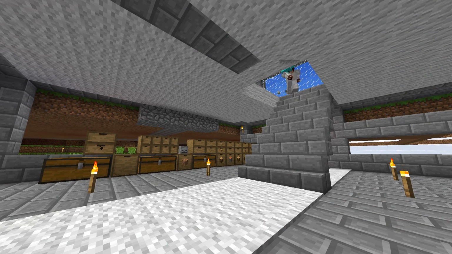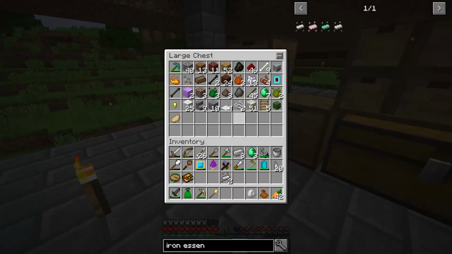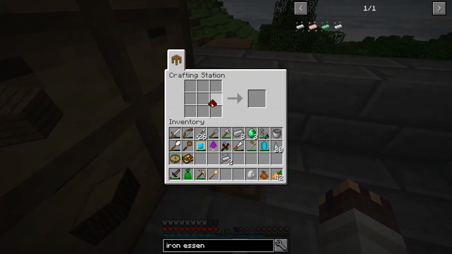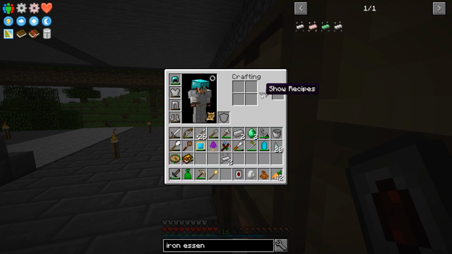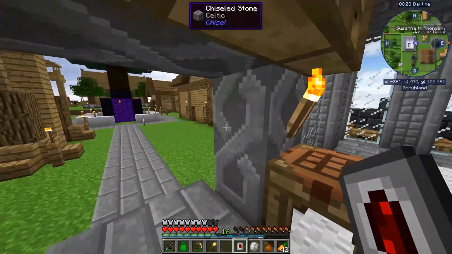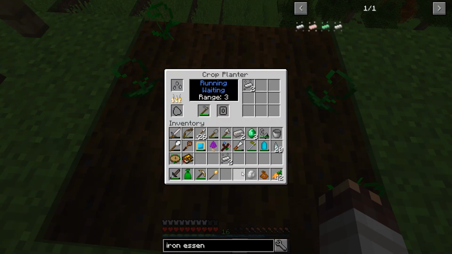So new staircase, by the way. This ladder that I had in here was just very inconvenient. So there we go. 1 piece of redstone. This is how you craft this upgrade. And I can turn this essence into iron just like this. So it's 8 essence for 6 ingots. Pretty good. Pretty good. And my goal right now is to add enough upgrades to this thing so it can